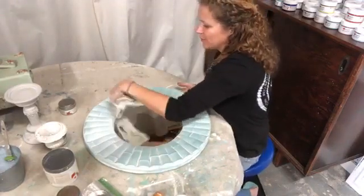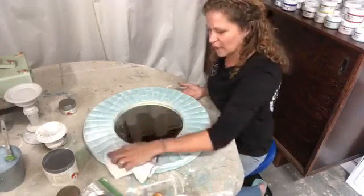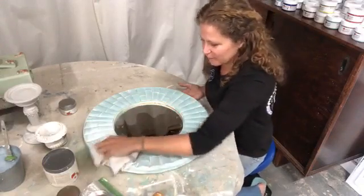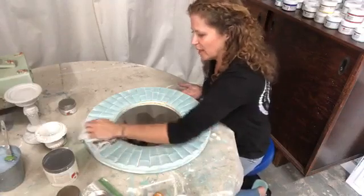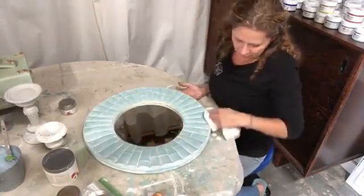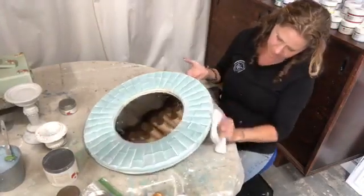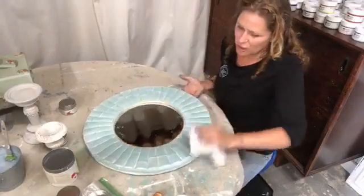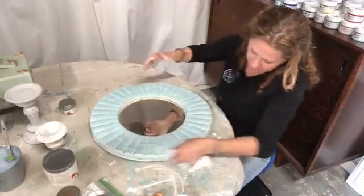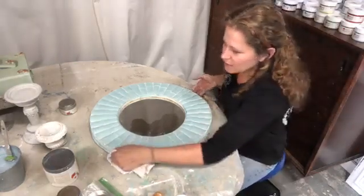But it softened up that very, very strong color, which I love, but for this particular project, I thought it would look really nice in a little bit more subtle color. So you can do this with anything. Wax is awesome on wood, on cement, on metal,